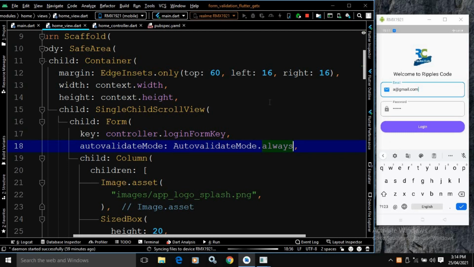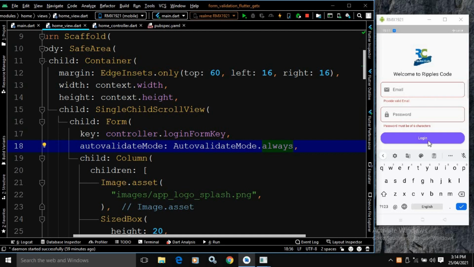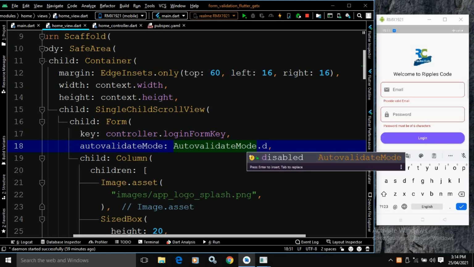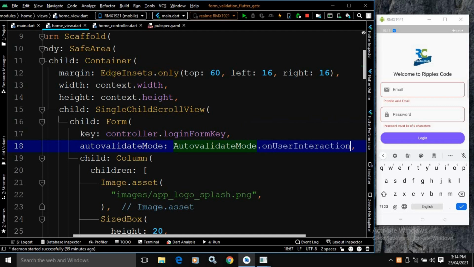Now without the user interaction the form will be validated, because here I have written autovalidateMode dot always. Now see, without clicking on the button the form is validated. That is the functionality of always. Now if you want to disable the auto validate mode, then one more property is there, that is called disabled. Now it is better to use onUserInteraction.